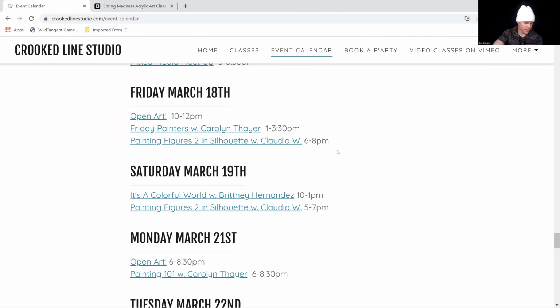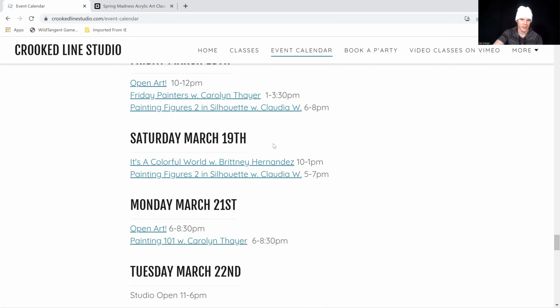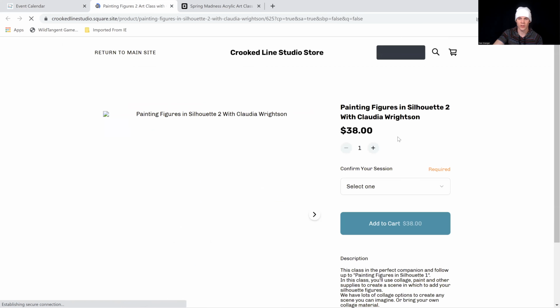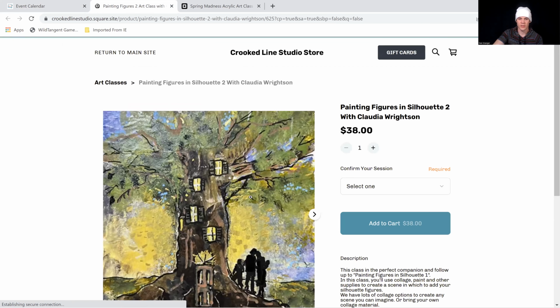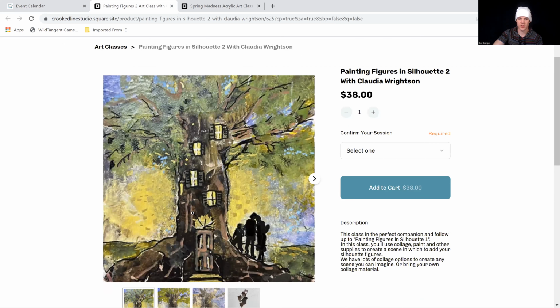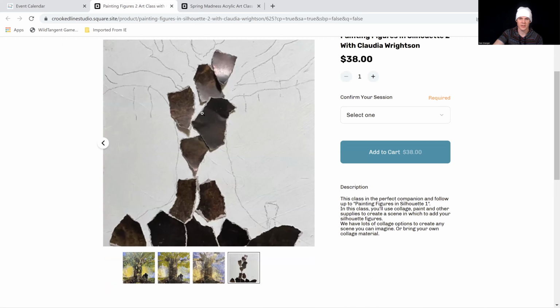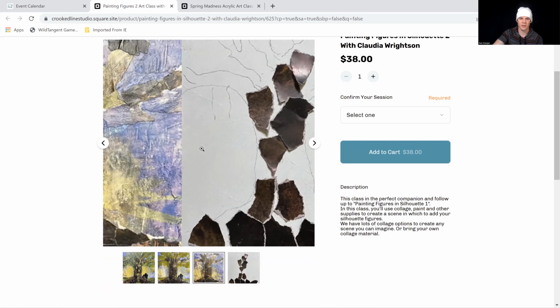Then on Friday the 18th and Saturday the 19th, we got Painting Figures in Silhouettes 2 with Claudia. So this one, you're going to be using collage, so it's mixed media. So this tree is made out of torn up paper. So down here you can see the process. It starts with torn up paper, sketched on a board, and then she plops it down, glues it on